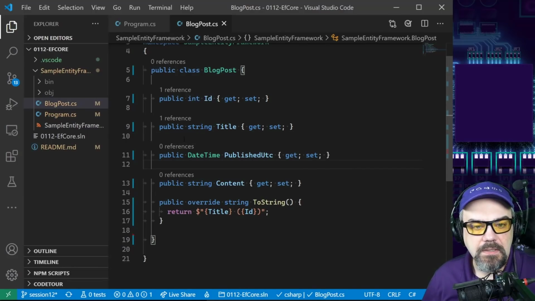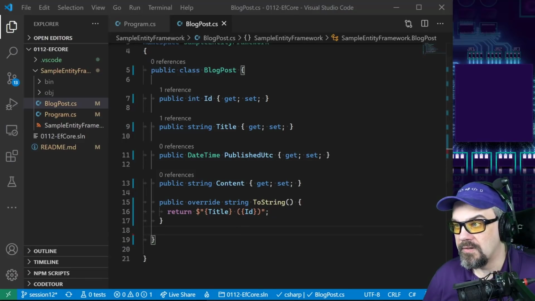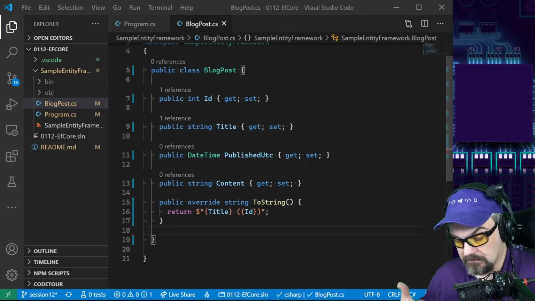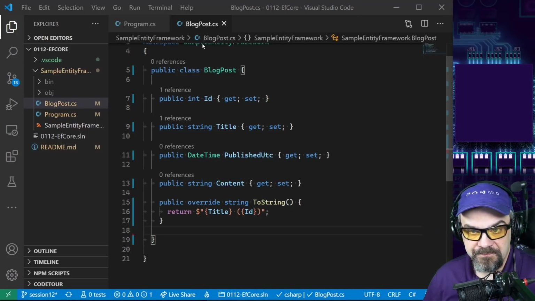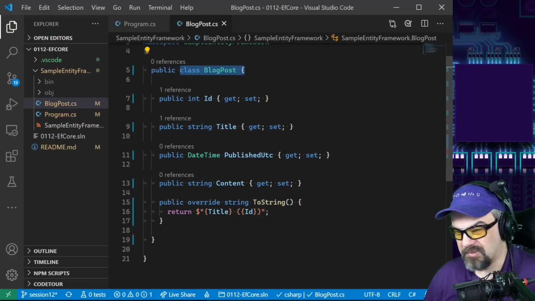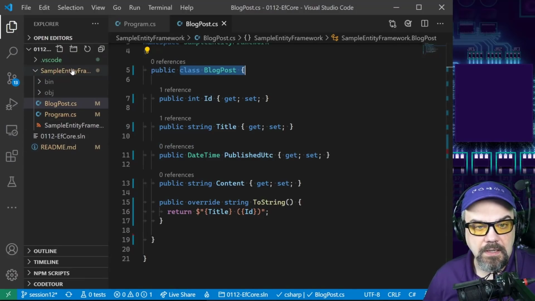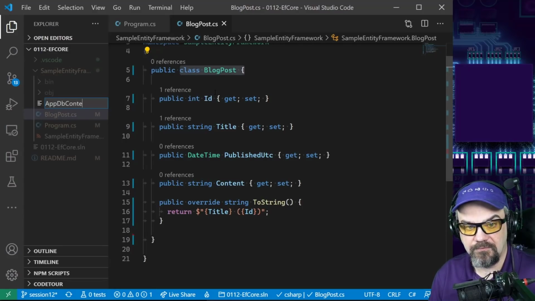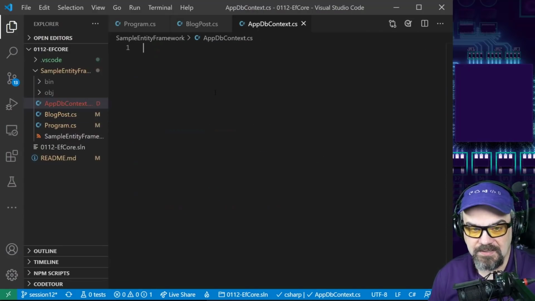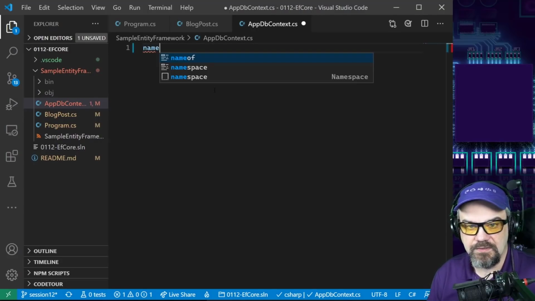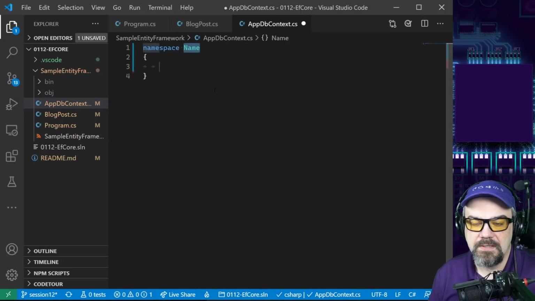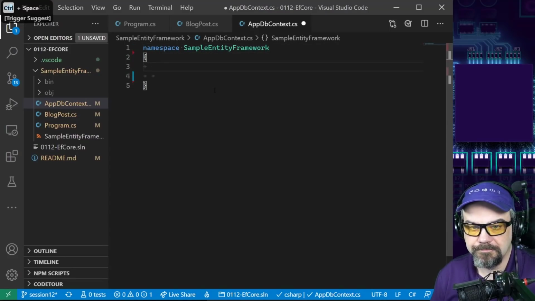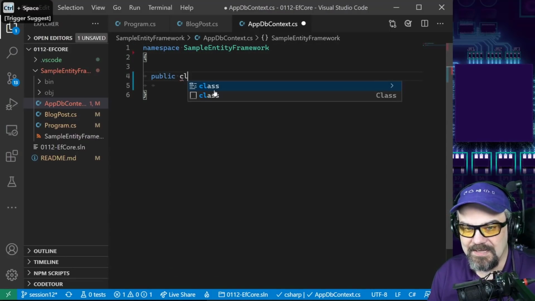Yeah, good. So if you're going to create this database context so that you can interact and have some reference to what these blog posts are that you're going to store, we can do that by just creating a new file. I'll call mine app.db.context. And let's create a namespace here, sure. And my namespace is going to be sample EntityFramework. I'm going to create a class,